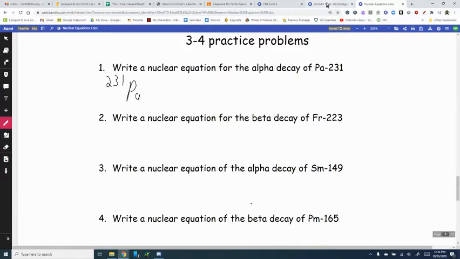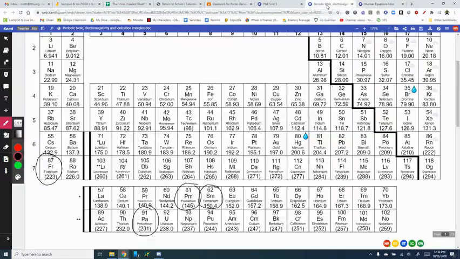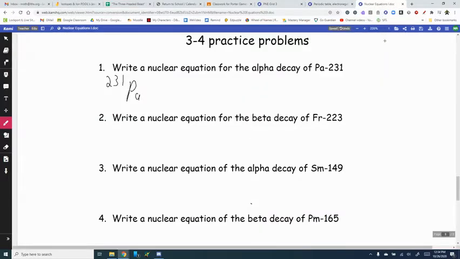Now, the atomic number is going to be in the periodic table. So we find Pa, it's right there. Atomic number is 91. Okay, so we go back here, we write 91 in the bottom left. Okay, so that's where the atomic number goes. Then, since this is a decay, we are going to do an arrow, and we're going to figure out our